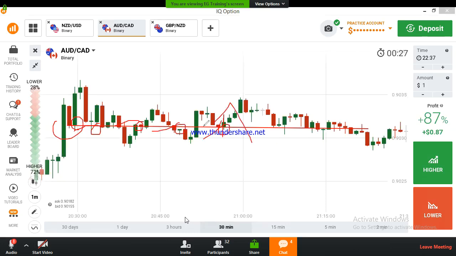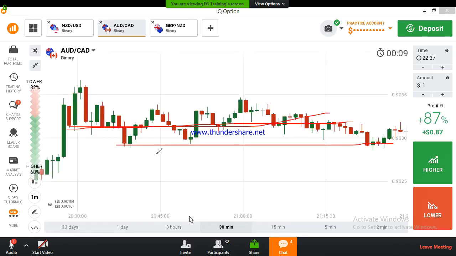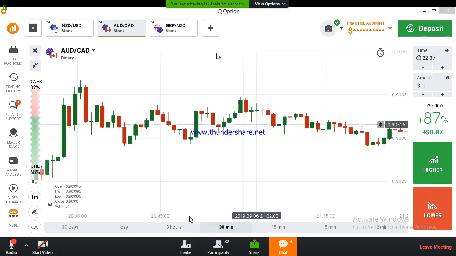There are so many reversals, which means now we can expect a reversal on this level. Yes, you can trade on this level too. But we should check the previous history to confirm the strength of this level. I have confirmed this level because I checked it in the previous history. Clear?